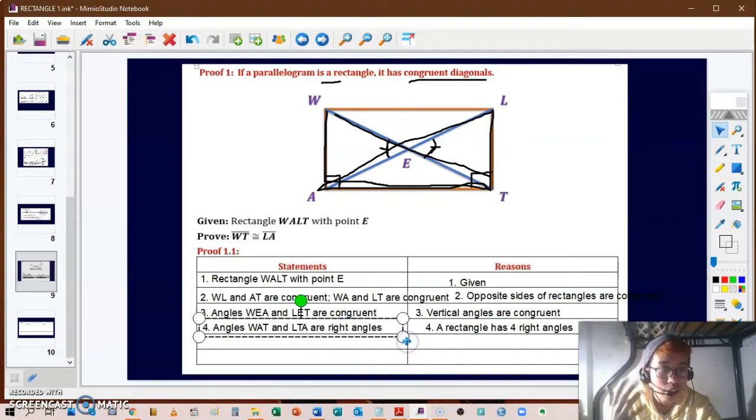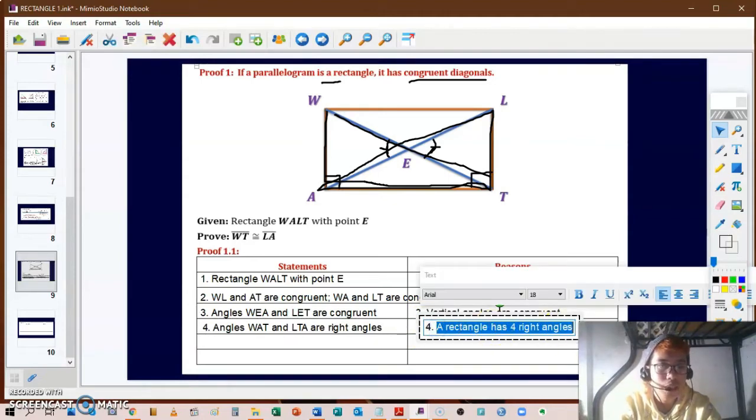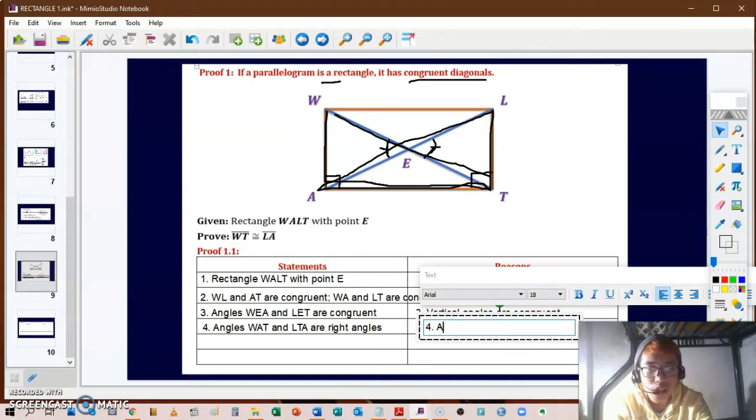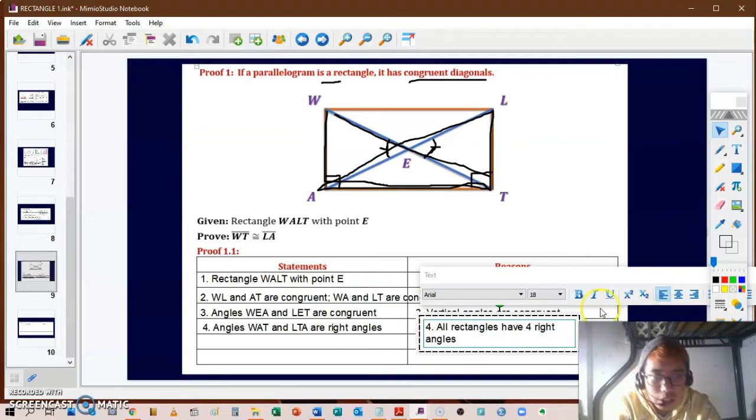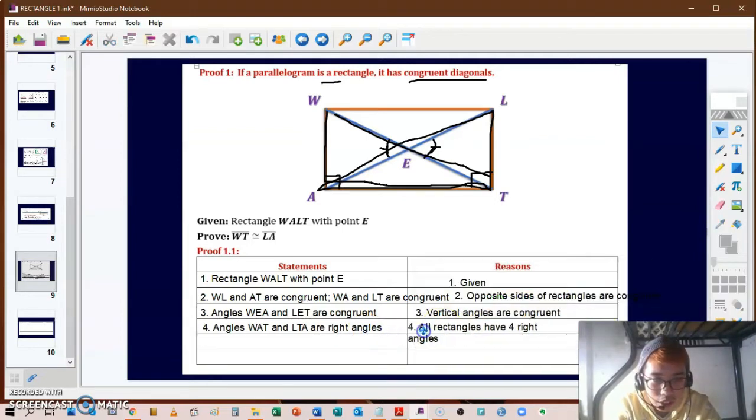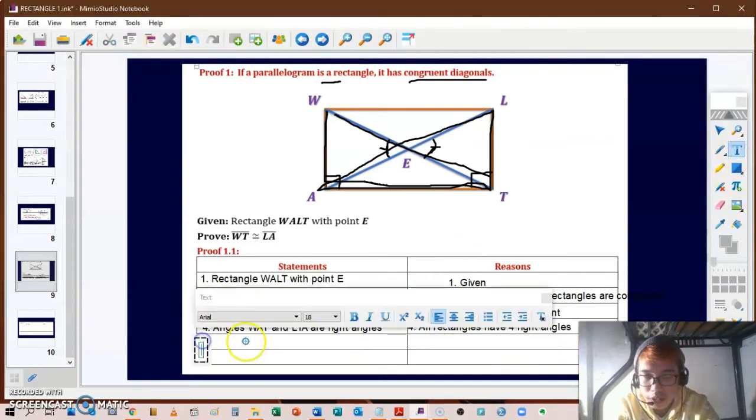So we all know that a rectangle has 4 right angles. But a better reason for that could be, we can write here, all rectangles have 4 right angles. And here at number 5, for statement number 5 we can say that angles